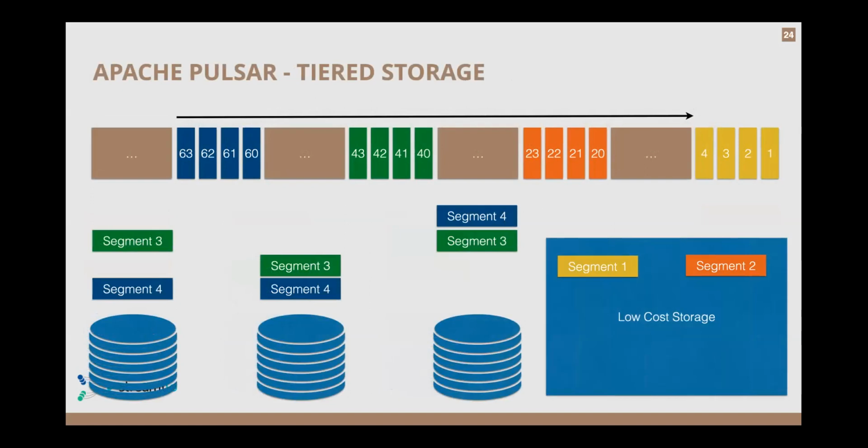Additionally, since we've decoupled the storage, it allows you to also offload some of your data, your longer term stuff, to low-cost storage such as S3 or Google Object Store, NAS, or similar things, and I've written some of that code to help do that. But basically, that allows you to keep your data indefinitely.